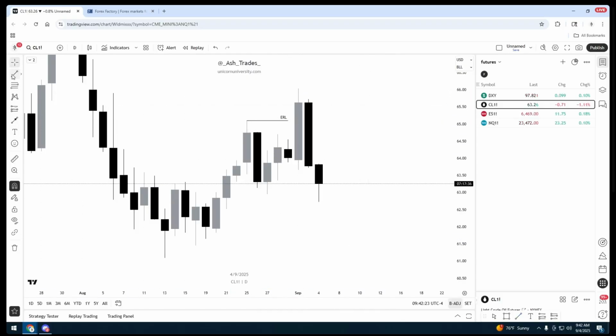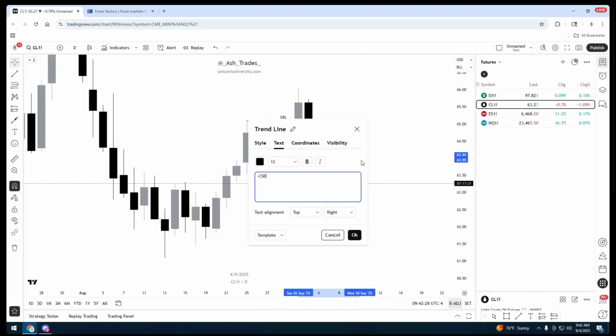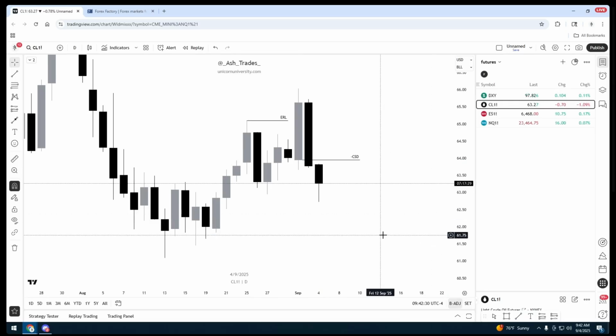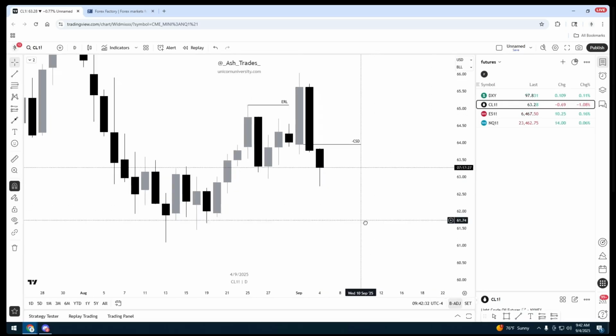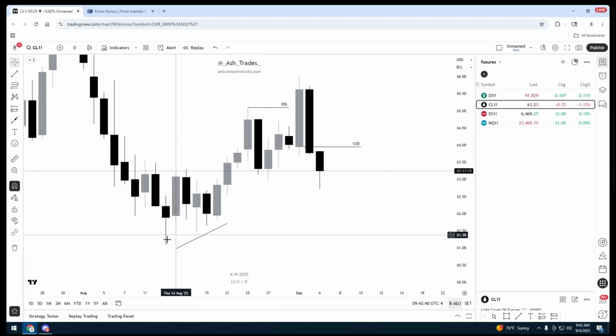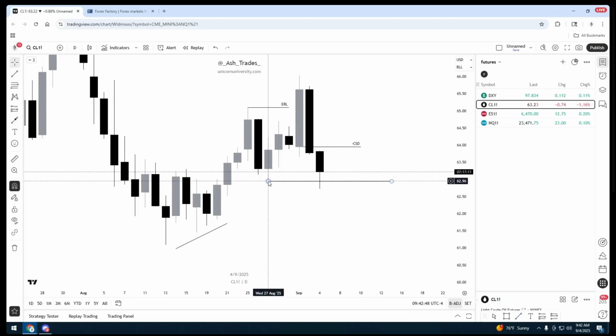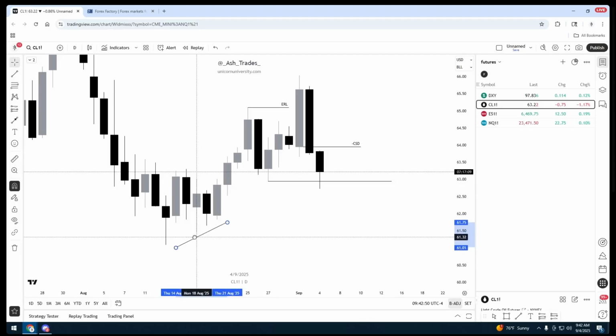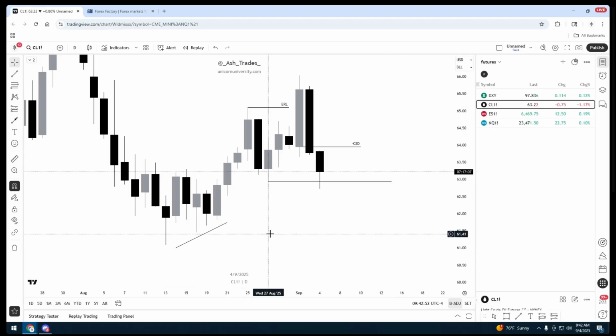After sweeping the high, we've created a bearish change in the state of delivery. Along with the bearish change in the state of delivery, equal highs or equal lows are our best draw on liquidity. Seeing these right here is what makes me say I do not want to instantly become bullish because we're below a swing low. It looks like there can be another target lower on oil.